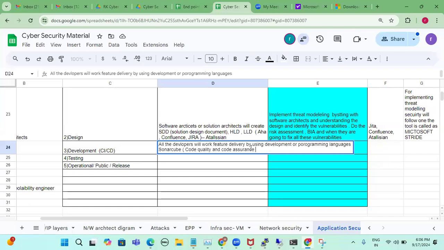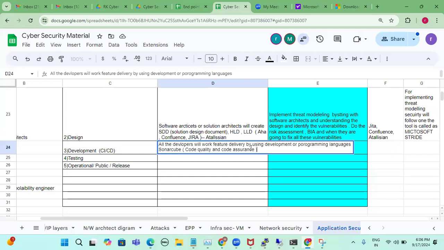The tool will report whether there are any development-related issues in the code the developers or programmers wrote, such as whether they created integers, characters, data structures, functions, or OOPS concepts and defined them correctly or not. So all those code quality and code assurance checks can be done by SonarQube